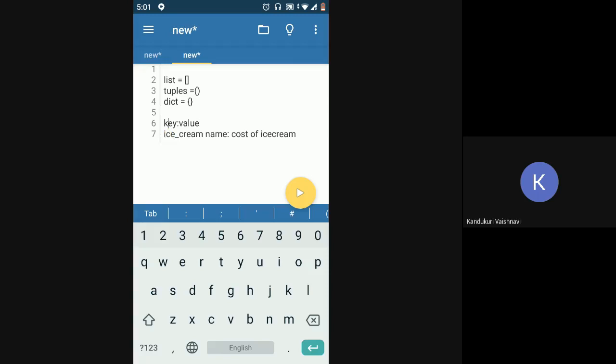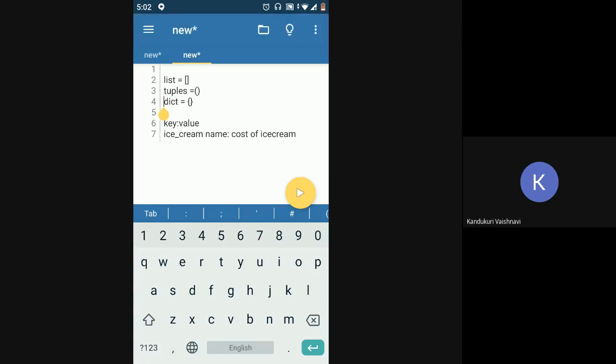In this example, I will store in a dictionary all the ice creams that are available on the menu and the cost associated with those ice creams. So whenever any customer comes in and tells me I want mango ice cream, I can directly ask my dictionary what is the cost of mango ice cream. In that case, my key would be mango ice cream, and the dictionary will provide me with the value, the cost of that mango ice cream, which I can use to take money from the customer. So that is the purpose of using a dictionary whenever you want to store key value pairs.